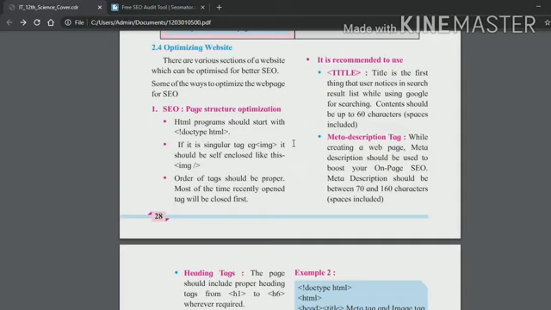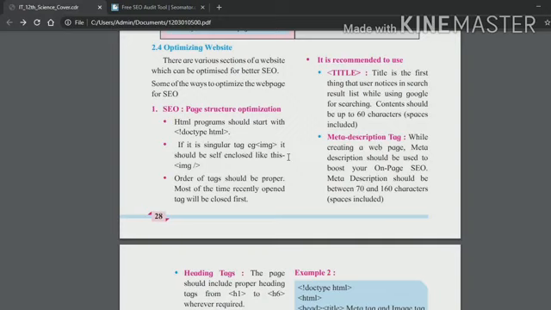So for getting the first place in the search engine, we are using search engine optimization.